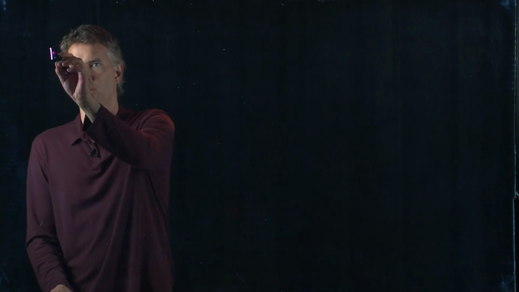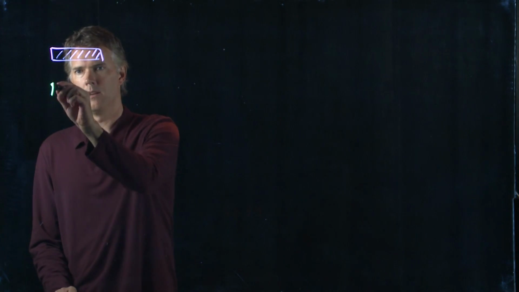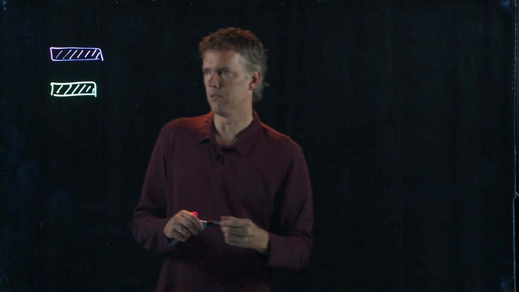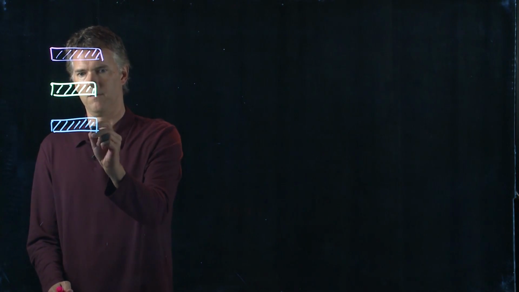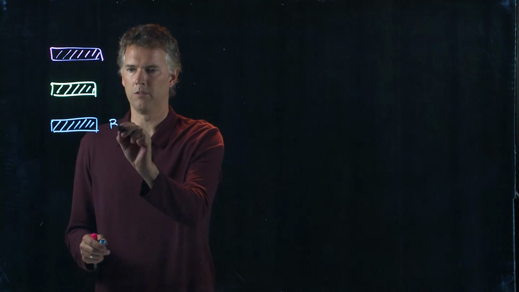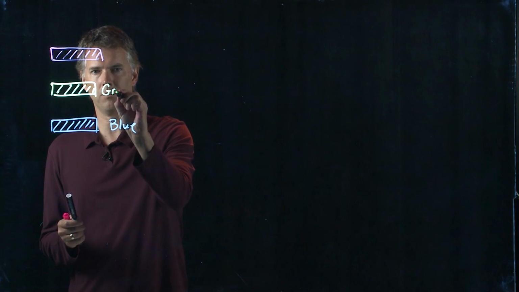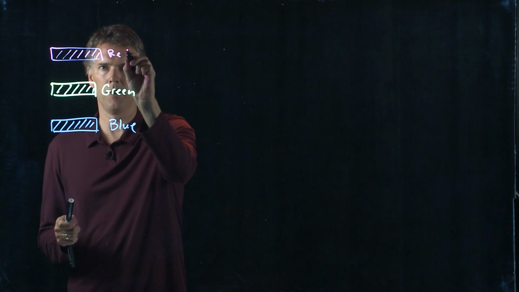So when we think about color, we think about maybe drawing of different colors, right? So here's pink, here is green, here is blue, okay, and let's label this. This is blue. This is green. We're going to call the top one red. It's really looking kind of pink to me, but let's just call it red for now. This is red.